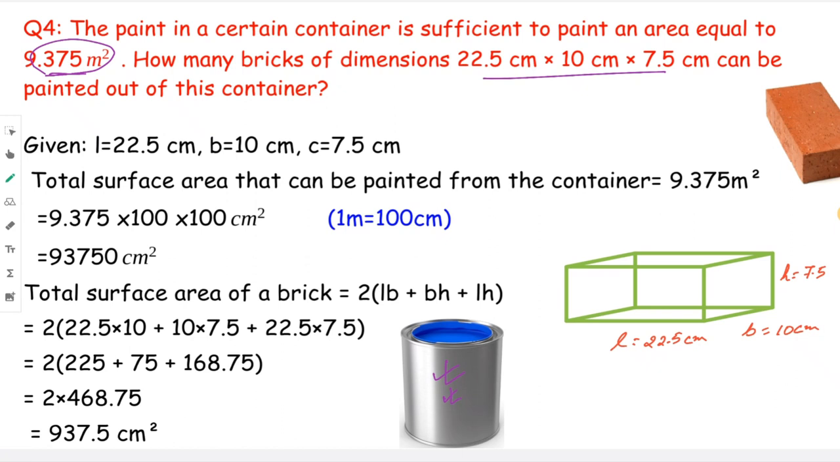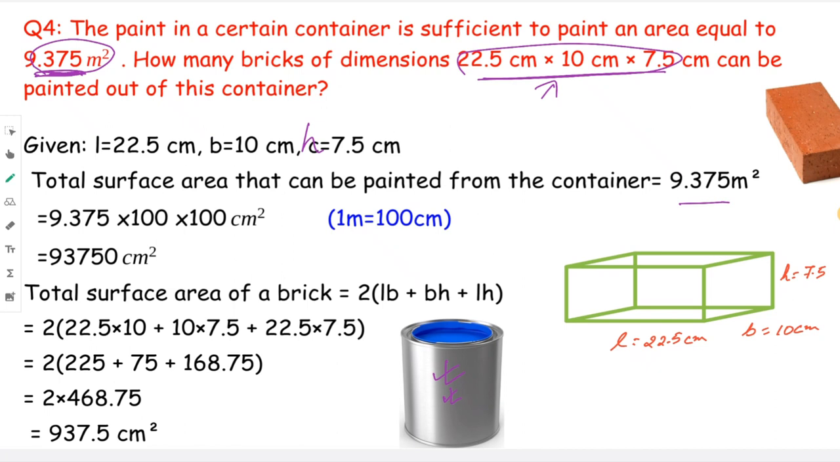We first have to know the total surface area of one brick. We'll get it by writing the formula. Once I know the total surface area of one brick, I just have to divide it with this, and then I'll get the total number of bricks. So given length, breadth, and this will be height. Now the total surface area that can be painted from the container, they've given us 9.375 meters